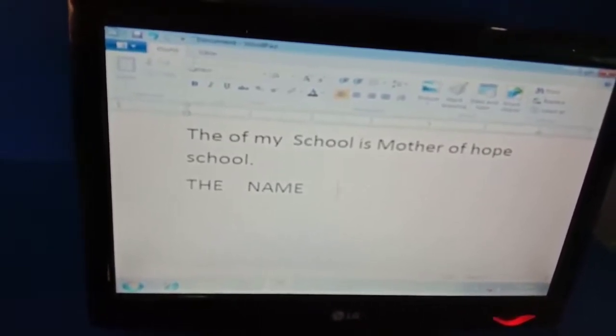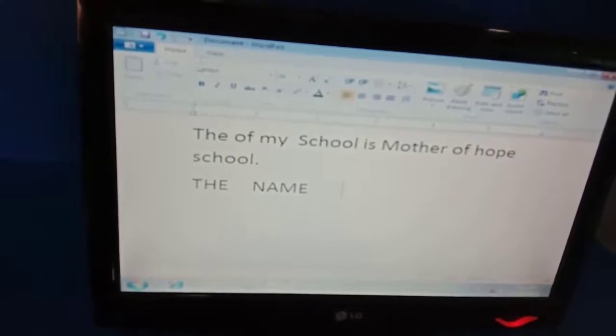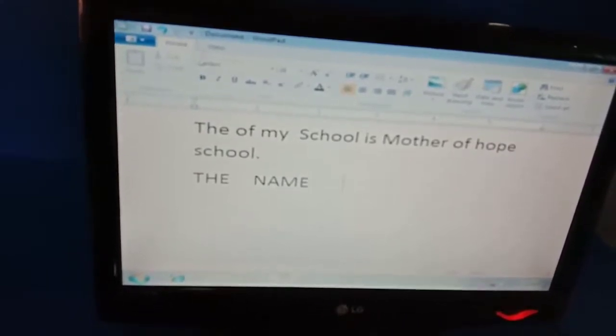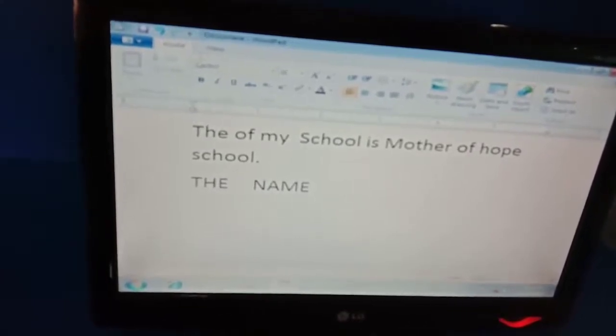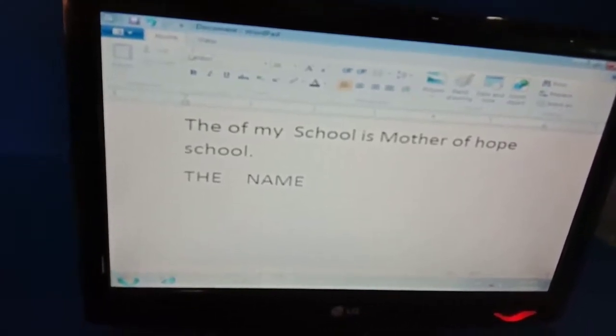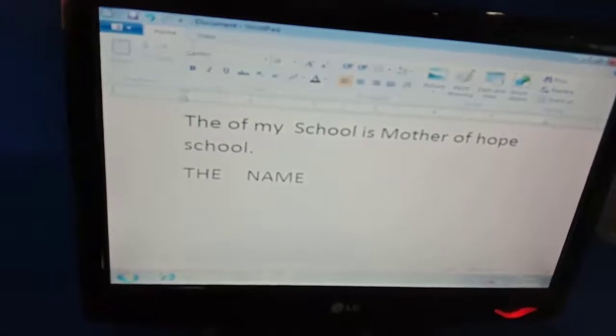Then there are different keys also. That is page up, page down. That also helps to move up, down, right and left. Then after this, see the end key is here. End key is there. Home key is there. Page up, page down. Then the end key means the last line. Where you have typed the last line, when you press the end key, the cursor will go there. Okay, understood?